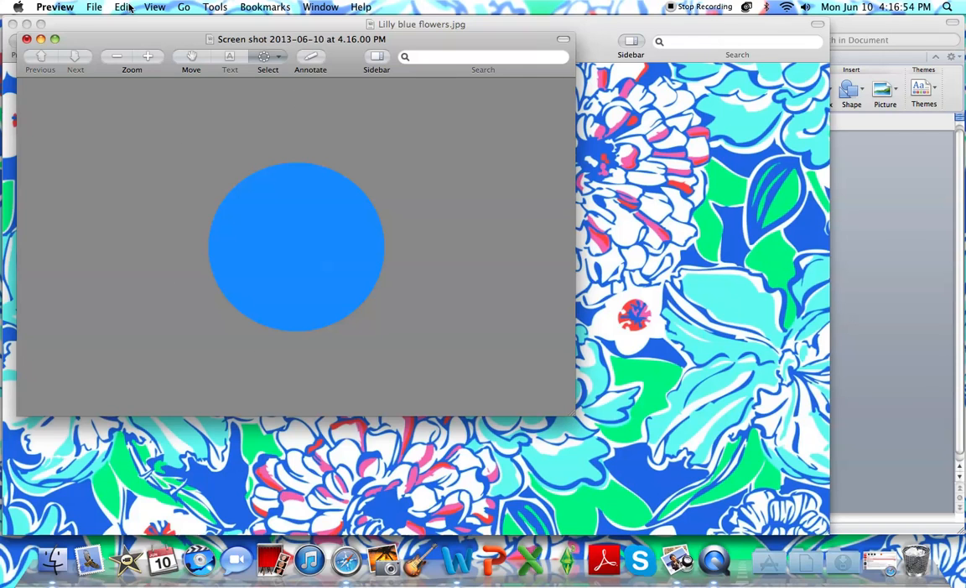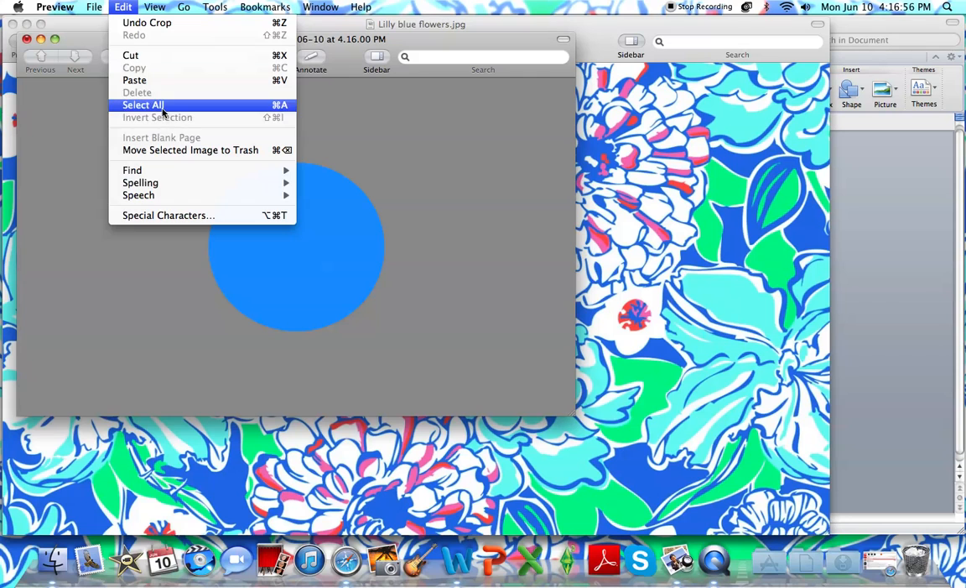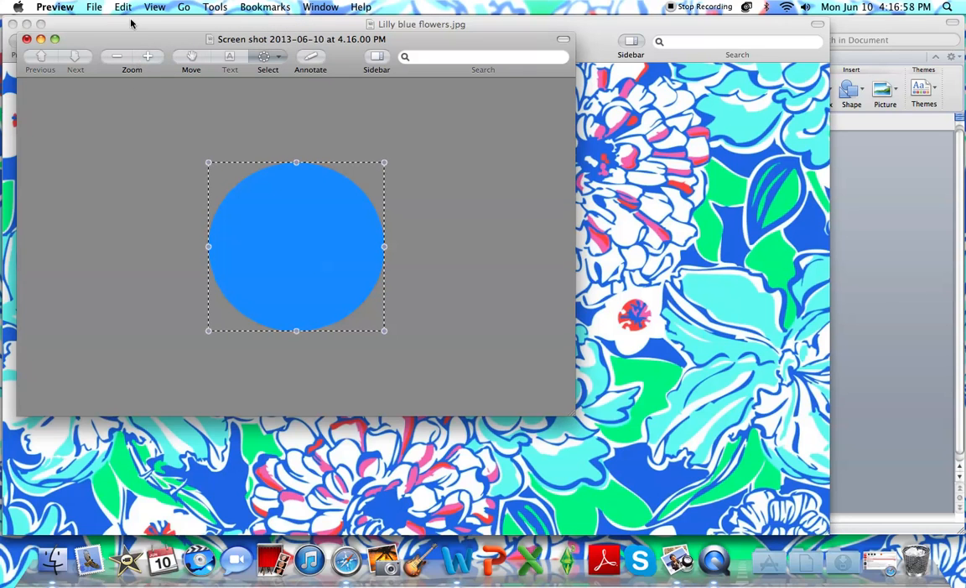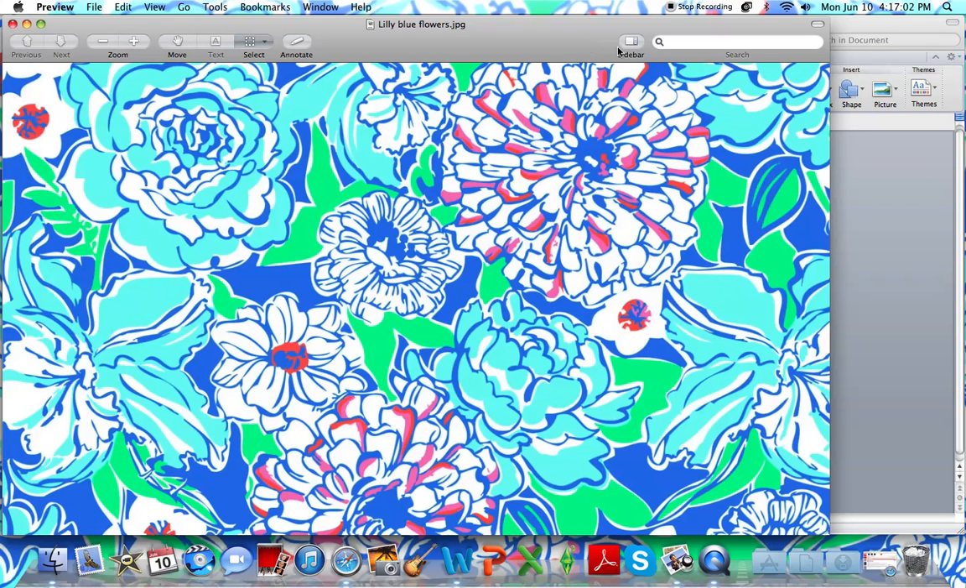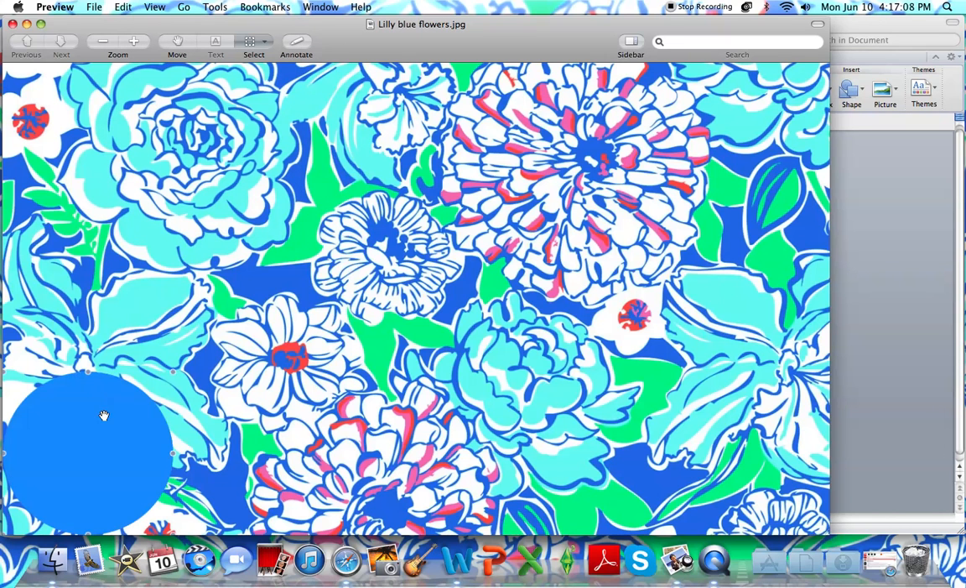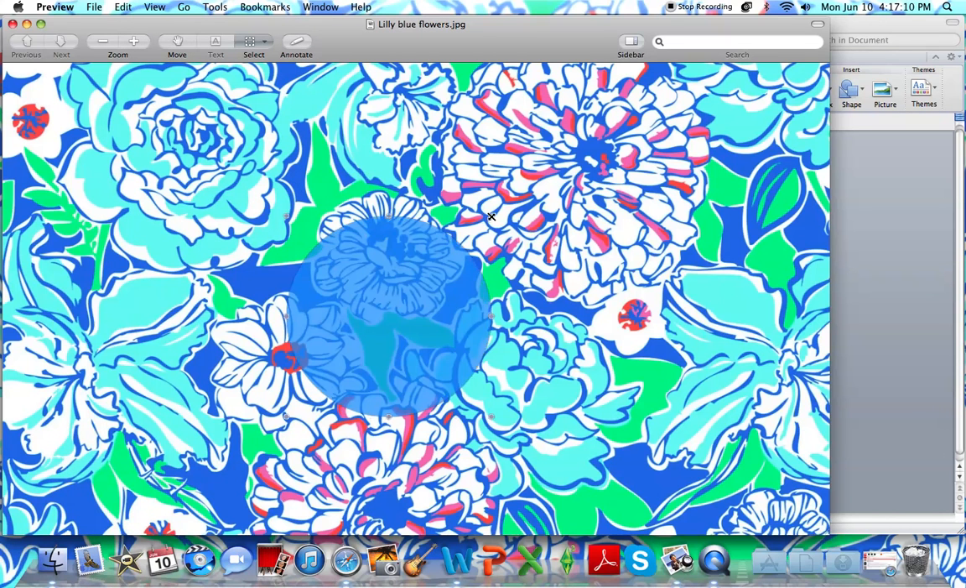And then go to Edit, Select All. Then back to Edit, and Copy. You copy that circle onto your background. So go to Edit from your background, and paste it. And it pastes the circle. Now position the circle however big you want it,